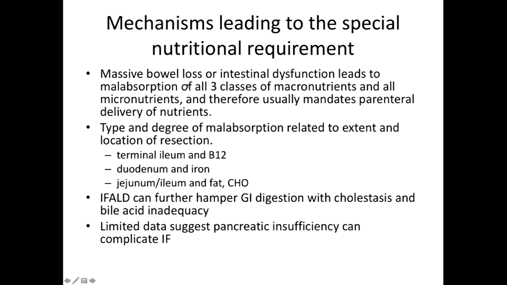So the special nutrient requirements are really driven by anatomy in many cases. I won't go through every one of these well-known relationships between terminal ileum resection and B12 malabsorption, as well as proximal resections and iron absorption. Other complications of intestinal failure, including intestinal failure-associated liver disease, can further compromise nutritional absorption in the setting of cholestasis and bile acid inadequacy. And there are limited data to suggest that fat malabsorption can be worsened in intestinal failure